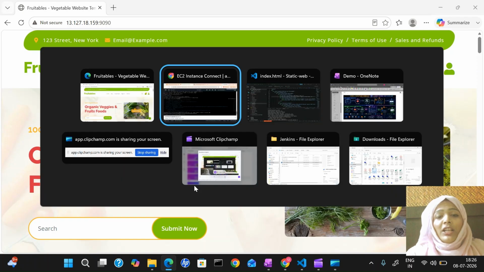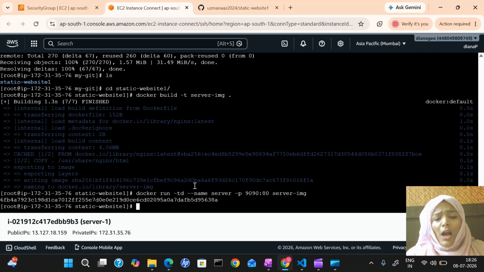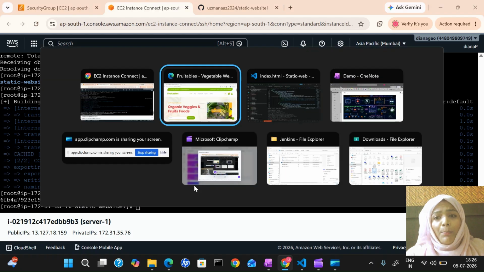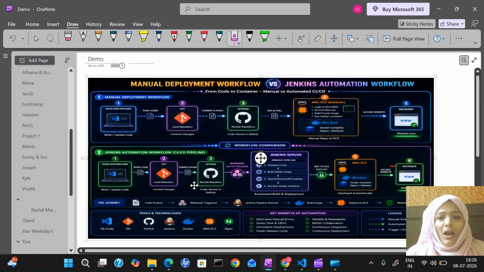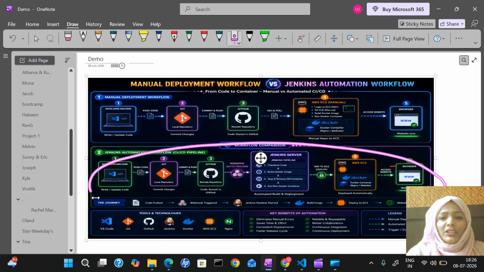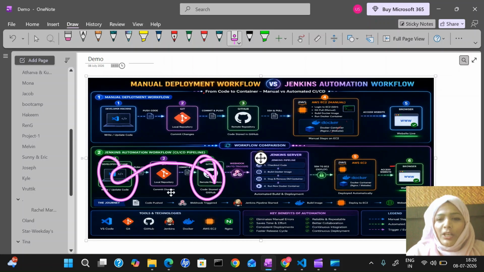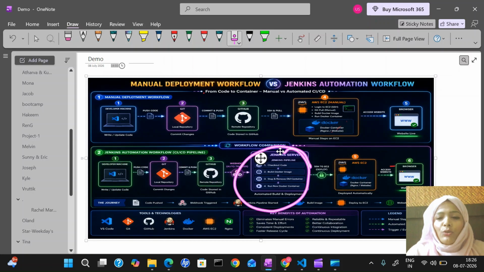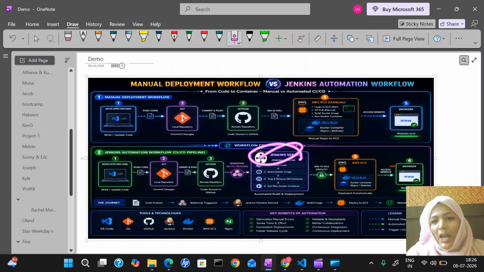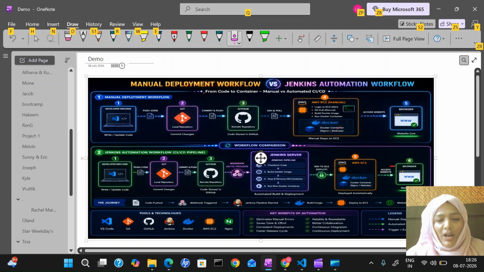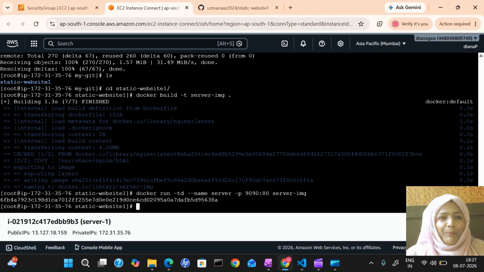So this is how manually I have to do it again and again and again. I don't want that. Now let's replace this with automation. Now I'm going to do these things with Jenkins. The developer is going to push the code into the GitHub, and here I'm going to use Jenkins. I'm going to install Jenkins on the same machine, and inside Jenkins we are going to set up the thing, and you can see how easily these things work, and manually we don't have to do the same task again and again, only a one-time setup.